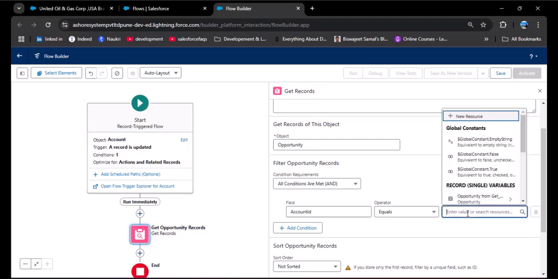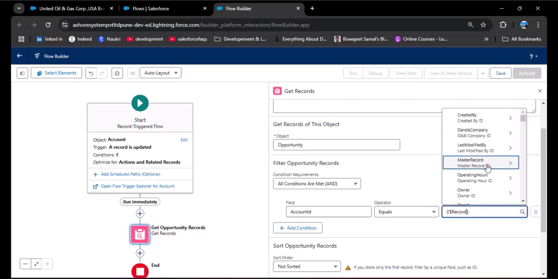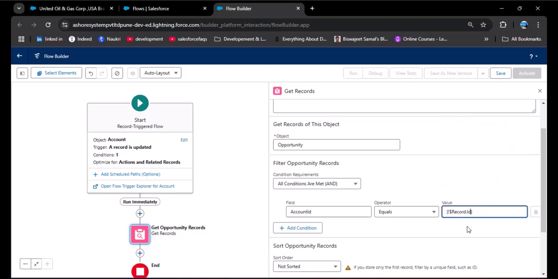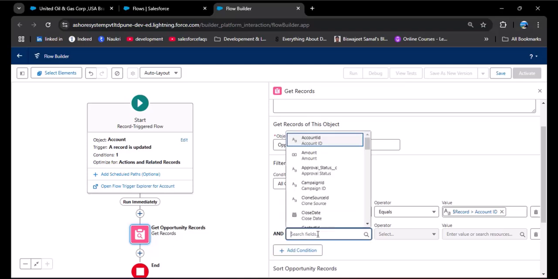In the value, I am going to select the record variable, which is the account. Click on this arrow, and here we need to select the ID of this particular account. So I am searching ID. Scroll down, and here you can see we have Account ID. Using this condition we can get only those opportunities which are related to the particular account. Then I am adding another condition. What is the use of Filter Opportunity Records? Using this we can optimize our flow, as you will understand from the condition I am going to add now. So here I am selecting Stage Name,